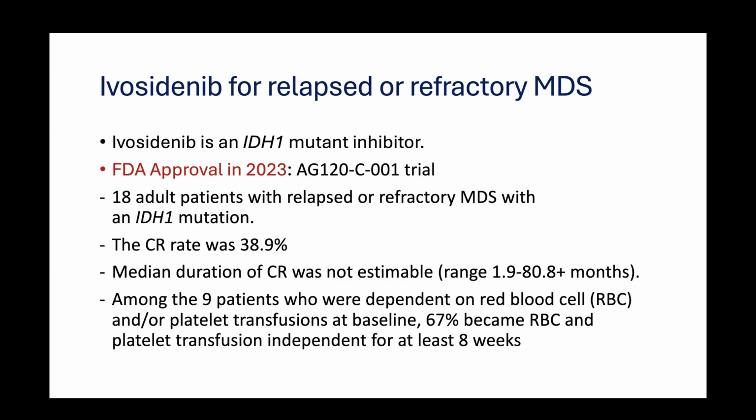The last thing I'm going to talk about right now is ivosidenib, which is for patients who've already gotten the hypomethylating agent, but their disease is coming back. They've become more refractory. They're becoming more transfusion dependent again. They're basically not doing well with that anymore. And so if you have a mutation in something called IDH1, you can actually get this oral pill based on a very, very small trial, just 18 adult patients,